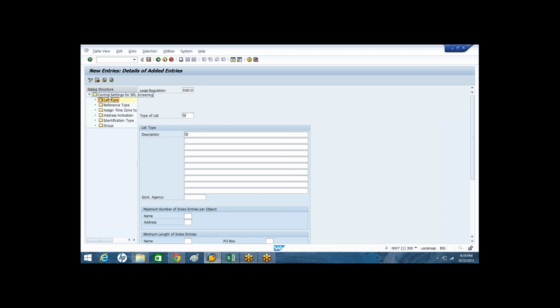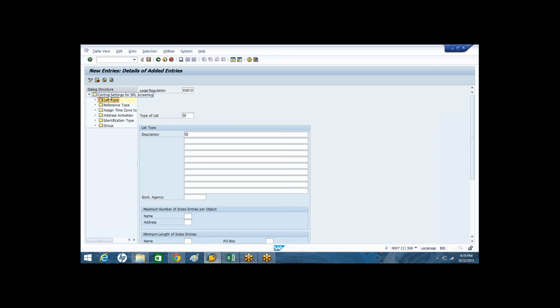So whatever the category your SPL members belong to, those categories need to be defined in the configuration under the list type. The list type is nothing but the list type. One kind of list type is militant. The other kind of list type is terrorist. The other kind is Ukrainian rebel. The other is Russian rebel. The other is Naxalite. Another kind of list type is traffickers or nuclear proliferator.